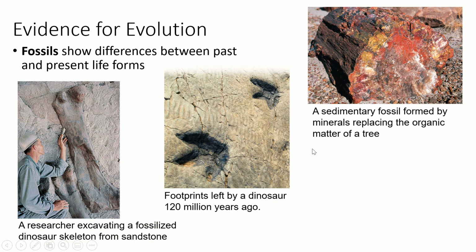So evolution, evidence for evolution. We see fossils of organisms that aren't around anymore, like whoever this ginormous femur or thigh bone belonged to. We can see footprints of dinosaurs and other organisms that lived sometimes hundreds of millions of years ago. And the way these form is this animal walked across a muddy surface that then dried out. And if you think about, maybe there was